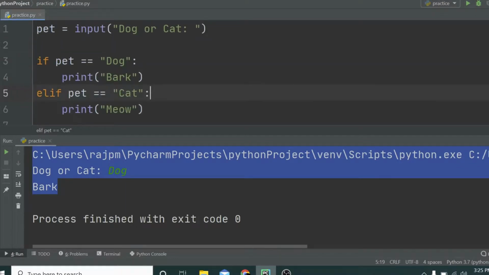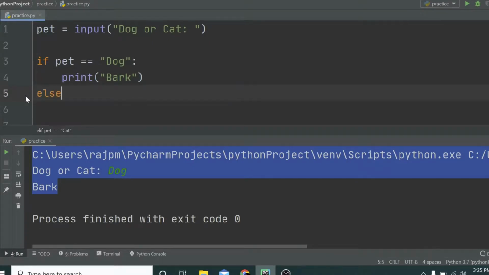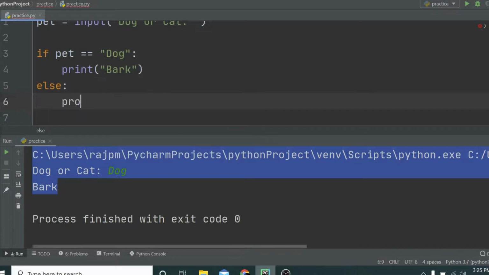in Python. So you can use this to find out what pet is equal to, and if pet is equal to a certain thing, then we can do something with it. We can print something, or we can do something else. Some of you must be wondering why we didn't use else, because there is only another one there. So if I do else, and then I do print,